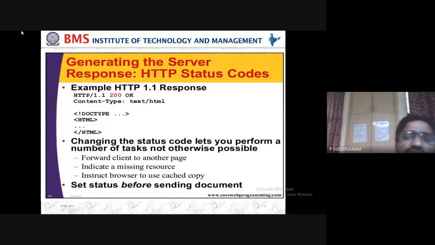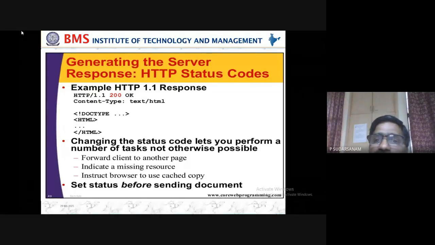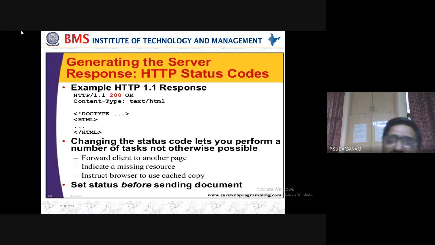Today in class we'll see generating the server response HTTP status codes. So what is the status of the particular methods whenever you are calling, when the server is responding? Suppose some numbers will be displayed, sometimes 100, 199, 200. For every header there will be one number. So suppose whenever you are requesting some link, and that link is not connecting, something should be displayed, like page cannot be displayed, or some error or some number will be displayed. That is what we'll be seeing today, generating the server responses. When the server is responding, what will be happening there? That is what we have to see now.